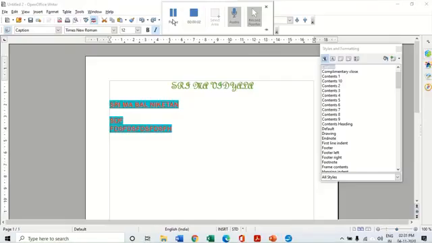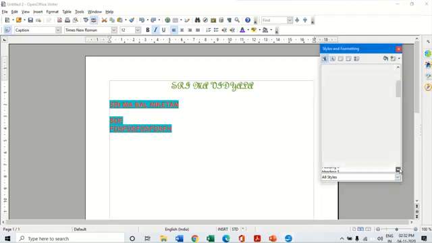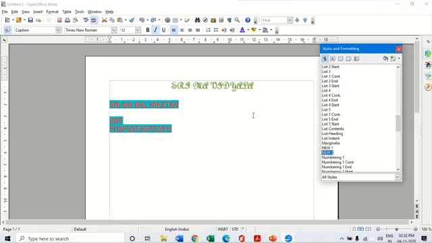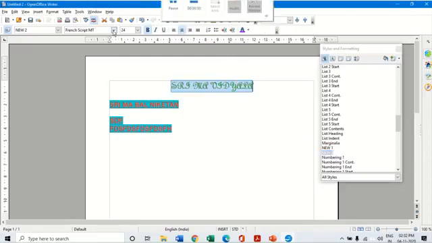Now that we know how to create a new style and give a name to it, let us understand what is to be done if we want to update this particular style. Here we have already created the new styles called new 1 and new 2. Suppose I want to update new 2. New 2 is this particular style. When I select it, the new 2 style, this one, gets selected automatically. It is French script, size 24, and so on.